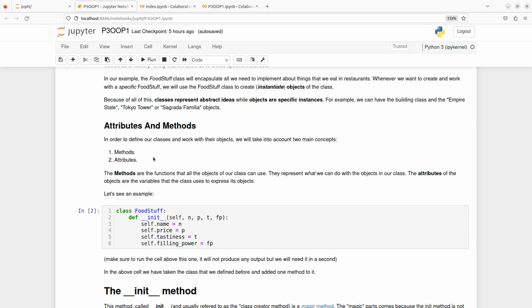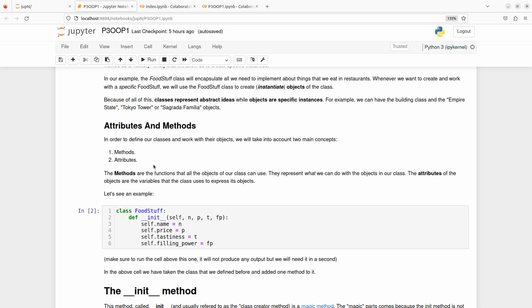Or I could have a method for my haikyu players that's called pass the ball, receive, set the ball for a middle blocker, and so on and so forth. I'm going to have functions that define the behavior of the objects in my class, but I'm not going to call them functions if they belong to the class, if they describe what my objects do. I'm going to call them methods. Okay, and in a second I'm going to be defining some of these methods. One in particular, the init method. Before I do that,